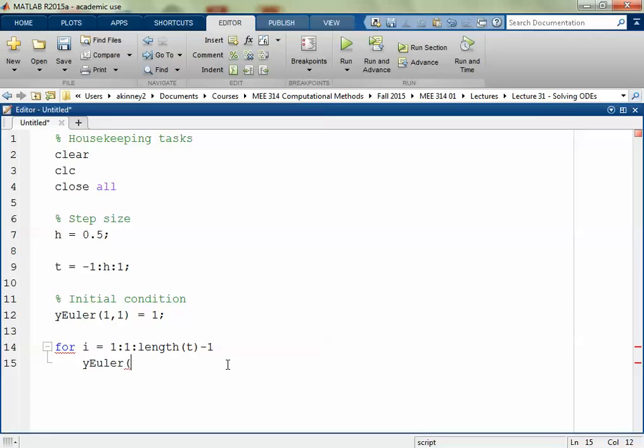If I want to set this up to mimic what my t vector looks like, is my t vector going to be a row vector or a column vector? Row vector, because a colon operator always gives us a row vector. So it's going to have one row and a whole bunch of columns, right? So I want to set up my y vector to be in the same orientation. That just helps make my code easier. So I'm going to say 1 comma i plus 1. That's my subscript on my y value there. So my new value of y is going to be equal to the old value of y. So y Euler 1 row, 1 column i